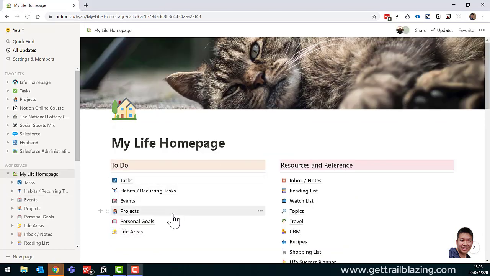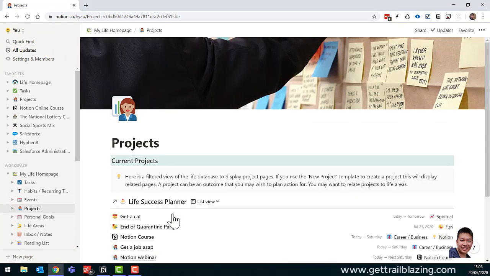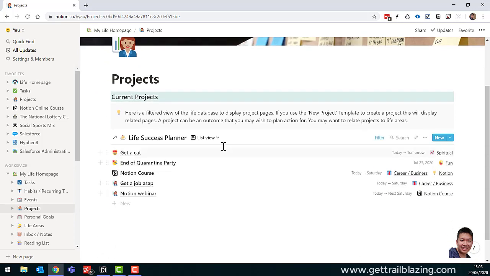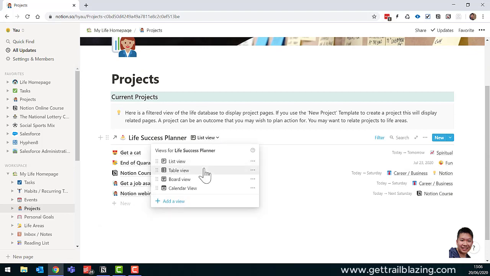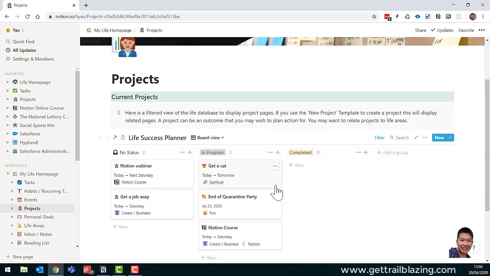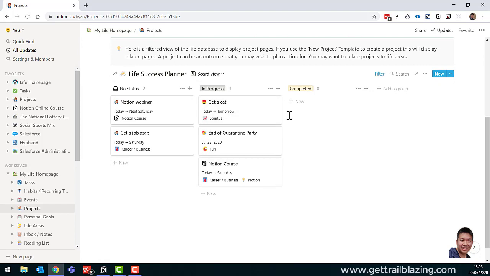Let's look at projects. Projects I define as something that I want to do that I need to keep track of, and that has several actions. Projects are stored in my master database, Life Success Planner, and here I have a filtered view where the type equals project. This is a list view, but we can also have other views such as table or board view, where I can actually move things from in progress to completed,